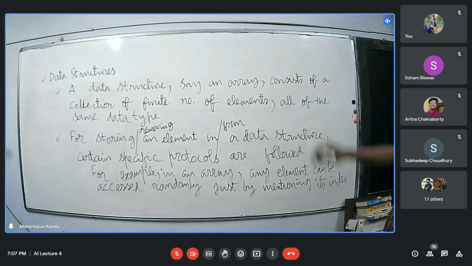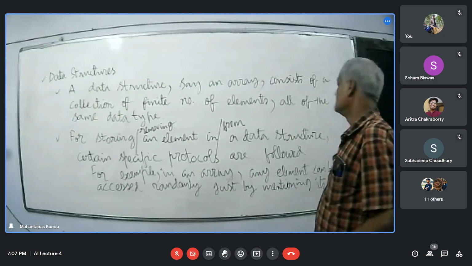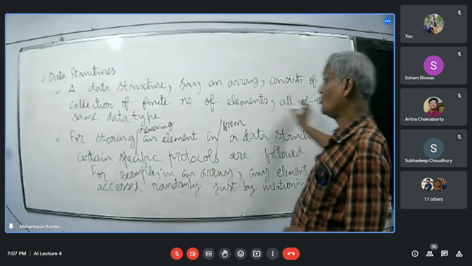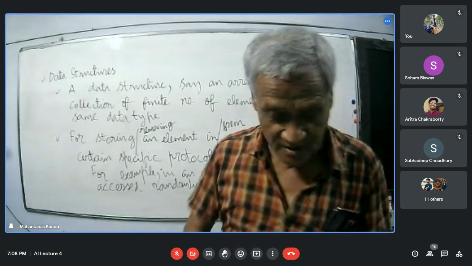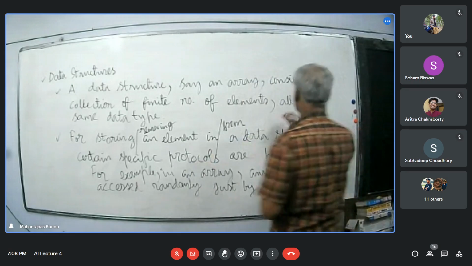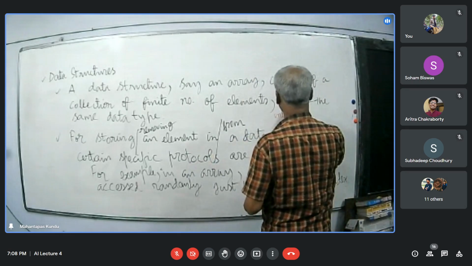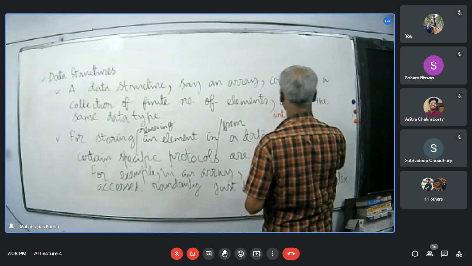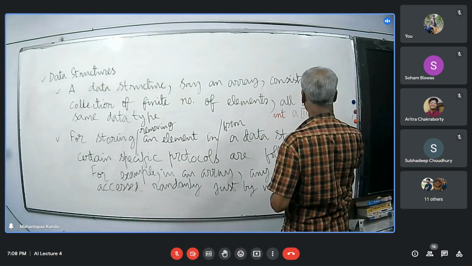So, a data structure, say an array, consists of a collection of a finite number of elements, all of the same data type. That is, when we declare an array in a program, how do we declare it? Say an array of integers. It can be declared as int A[10].